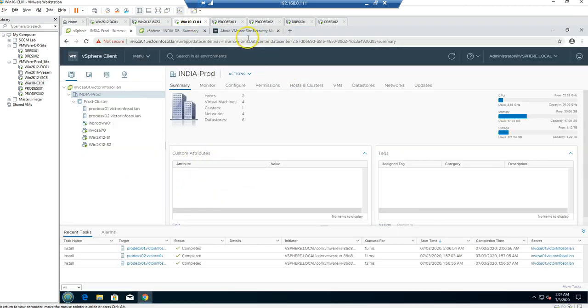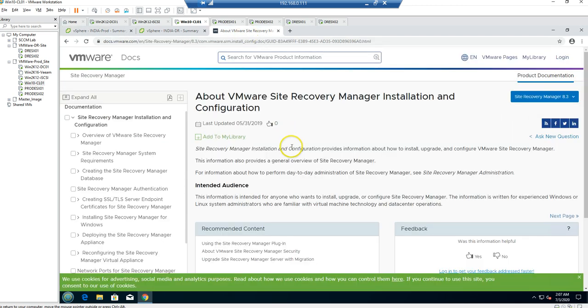If you want to read more about SRM, you can go to the VMware site, docs.vmware.com, to Site Recovery Manager. It will show you everything in detail about the installation, and you can also select the required